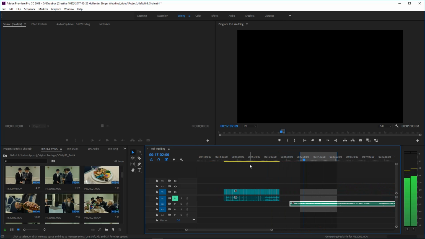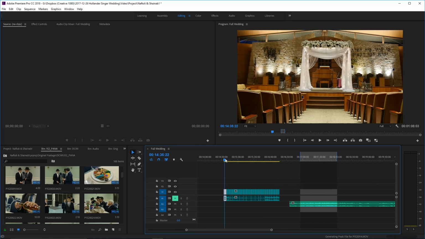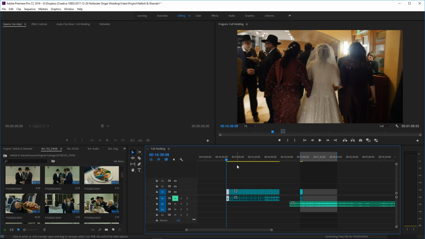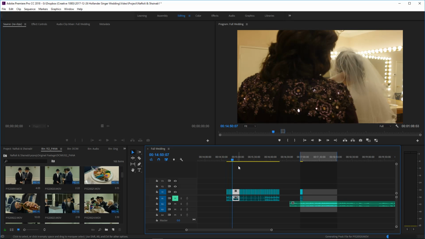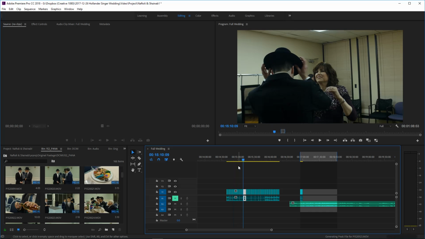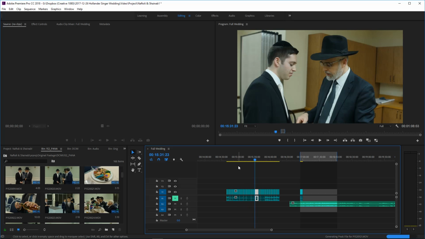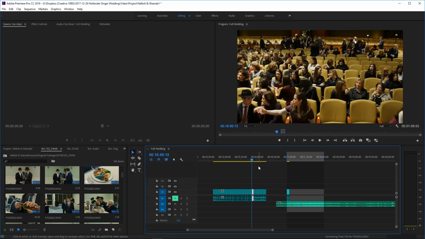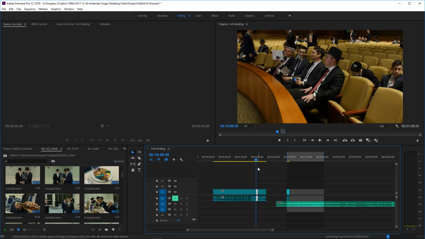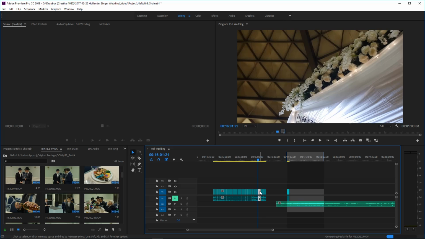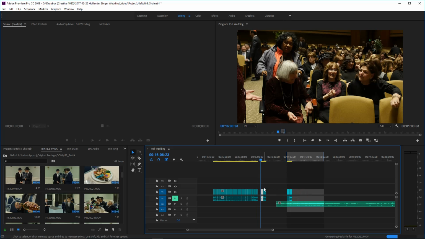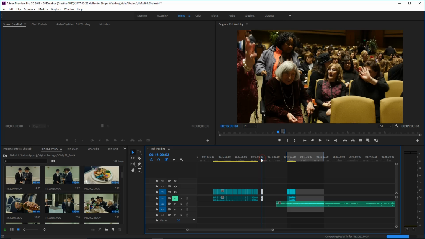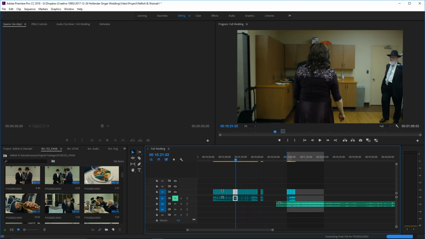And again, we're not worrying about volume just yet, so let's begin with what we want our setup shots to be. So we're going to start with that. I'm looking for things that are, we'll call them details of the wedding ceremony. So I don't necessarily want guests at this point. I want, there we go, details of the canopy, and a close-up of the canopy. Okay, we're going to save guests for later.